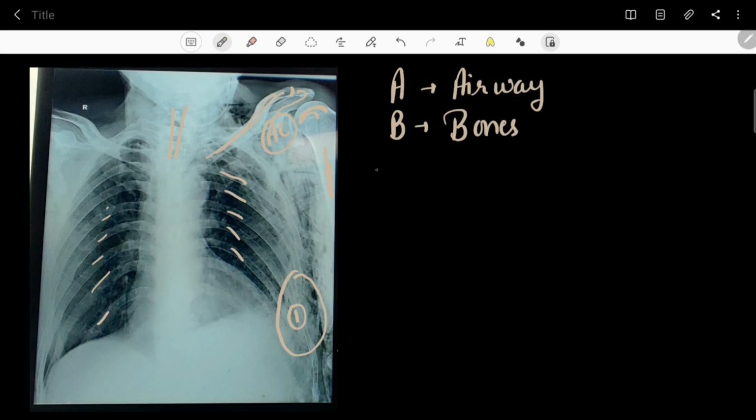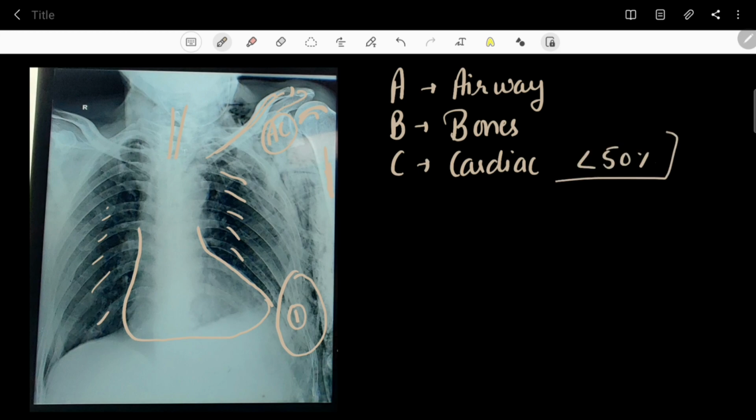Now let's come to the next thing, C. C stands for cardiac. In the cardiac shadow, which you can see here, we need to check for the presence of cardiomegaly. We should check the cardiothoracic ratio, which should be less than 50%, less than 0.5. In this chest x-ray, the maximum distance between these two points is quite less than 50%, so this is more or less a normal cardiac shadow. There can be mild pericardial effusion also, but this is not that significant on this chest x-ray. So the cardiac shadow is more or less normal.